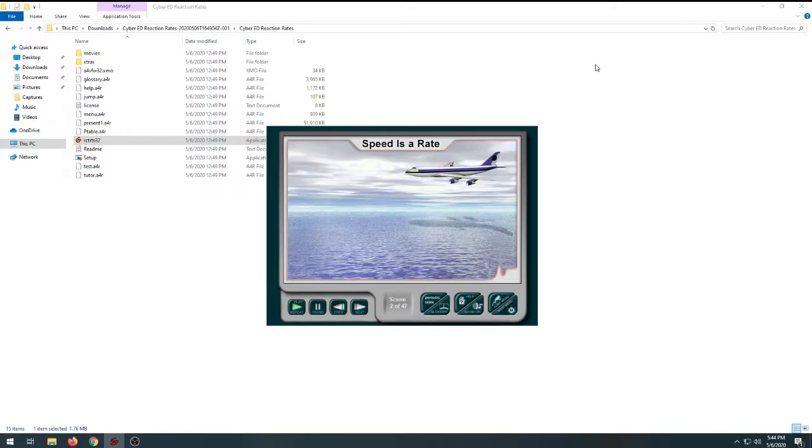Before introducing reaction rates, it is important to understand what a rate is. A rate is defined as the amount of change per unit time. A rate that you are probably familiar with is rate of travel, or speed. Suppose you are in a plane that travels from London to New York in 6 hours, and the distance from London to New York is